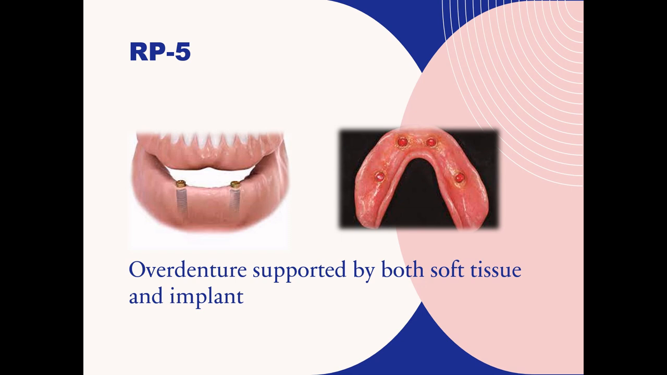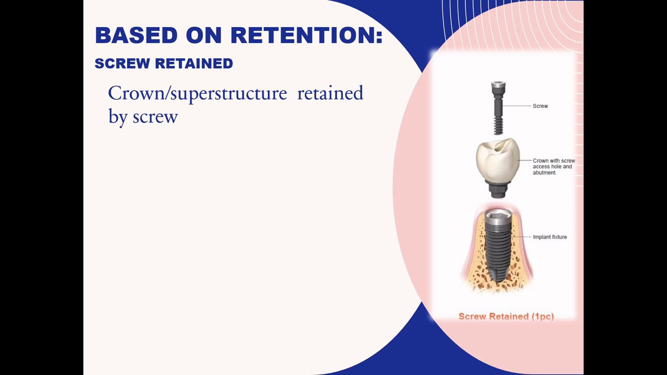Next is the prosthesis design based on retention. So there are three types: the screw retained, cement retained and attachment retained prosthesis. Coming to the screw retained prosthesis, where the restoration is screwed into the implant, and here a hole is present